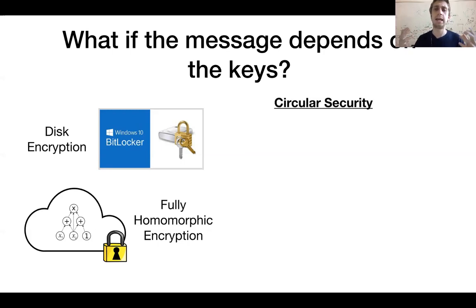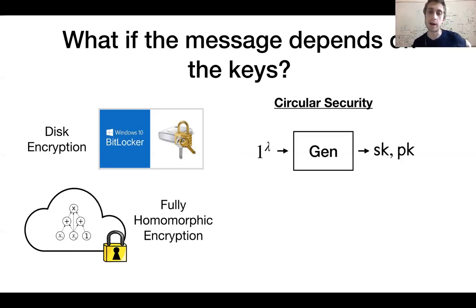And so this raises an additional notion of security beyond semantic security, called circular security, where you generate a random secret key and public key pair, and you ask that, in addition to semantic security holding, ciphertexts of a string of all zeros are indistinguishable from the ciphertext of the secret key. Here, by 0 to the s, I just mean padding sufficiently to be the same size as the secret key. So encryptions of the secret key are indistinguishable by polynomial time attackers from encryptions of just all zeros.